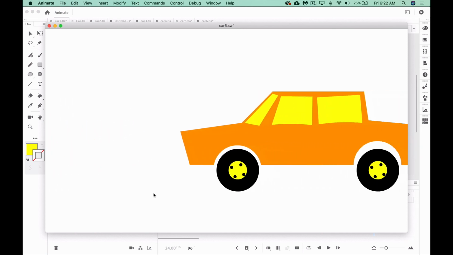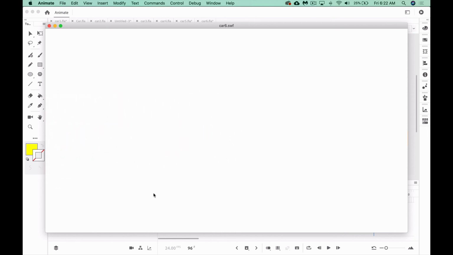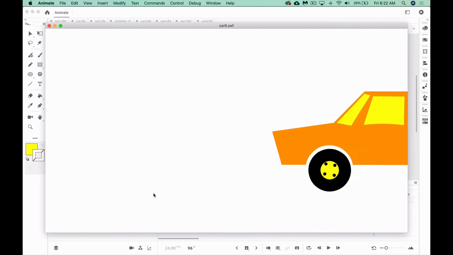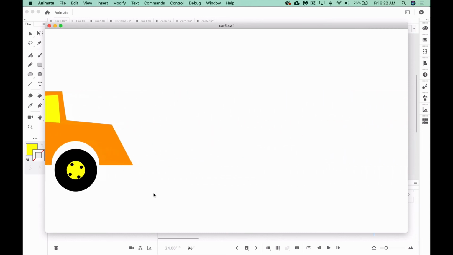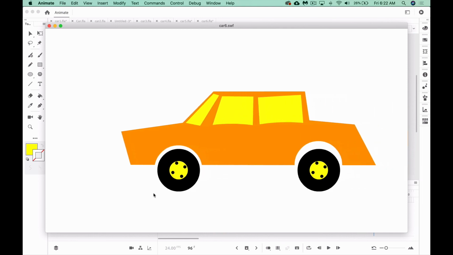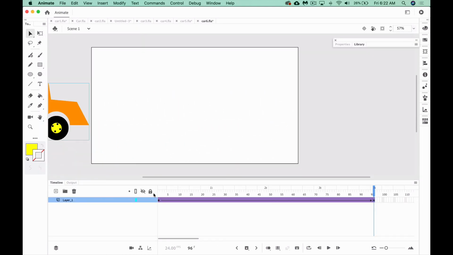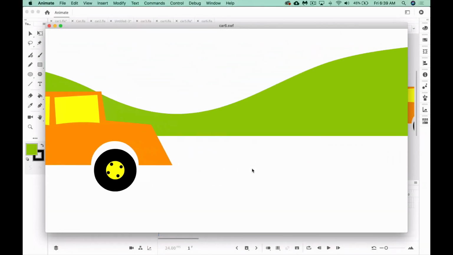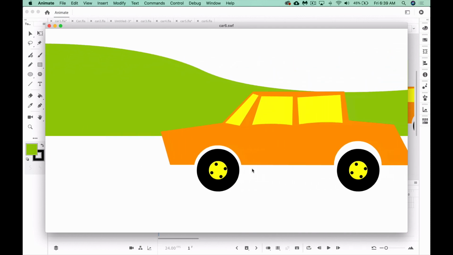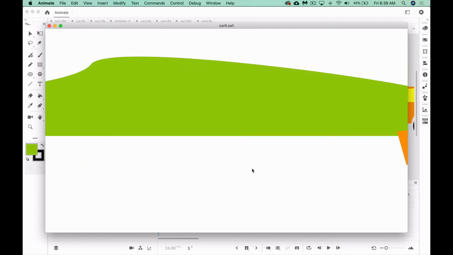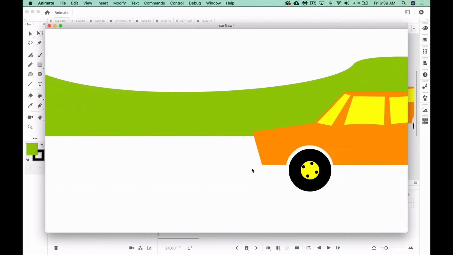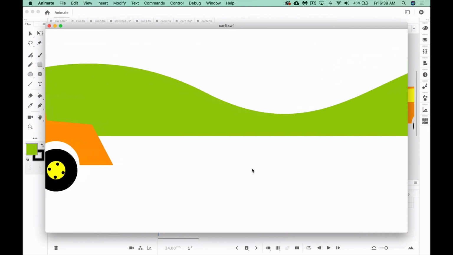This is a great example because this car could drive for any distance. I could change its speed. I could do all kinds of things to it, but I won't have to redraw the wheels, and they will continue to feel like they're rolling. All right. I do believe I'd like to do one more thing. I'd like you to have a look at this little sample of what we could do with an element like that car. I'm going to do a very, very fast demonstration of what's going on with that landscape in the background.